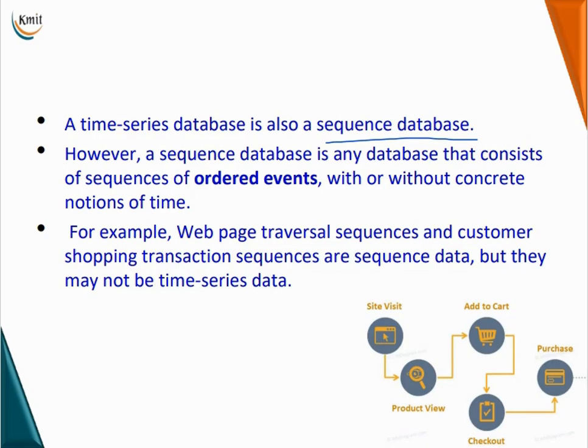A sequence database is any database that consists of sequences of ordered events with or without a concrete notion of time. For example, web page traversal sequences and customer shopping transaction sequences are sequence data, but they may not be